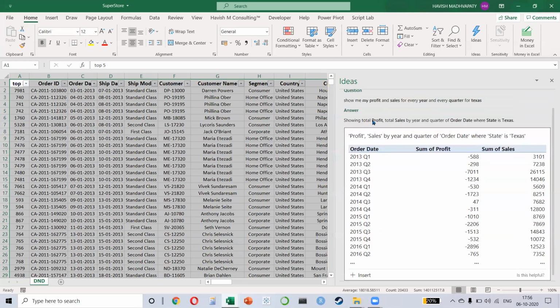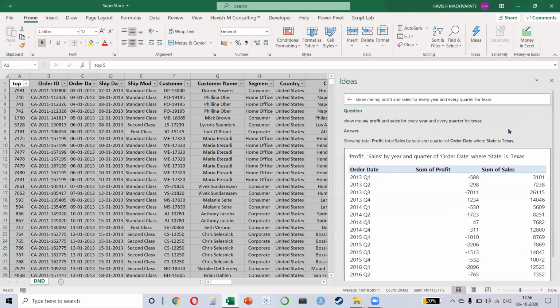So it is going to change your answer and it is going to show you the profit and sales only for the region of Texas. See, this is going to take over in another year, year and a half. We will not need to teach people how to make a pivot table and how to do calculations because AI is strong enough and robust enough and we can be confident to be able to derive these natural language insights, right?